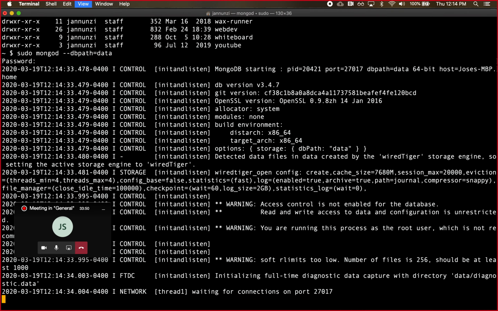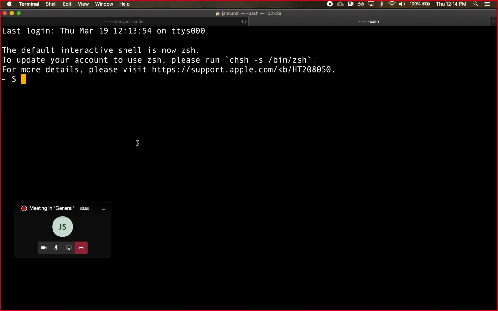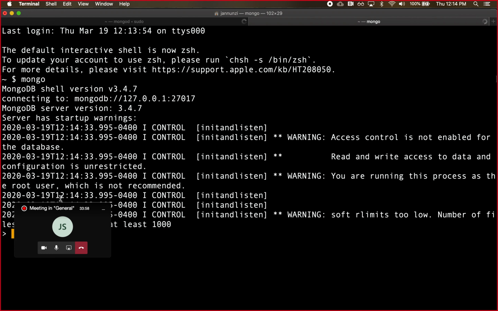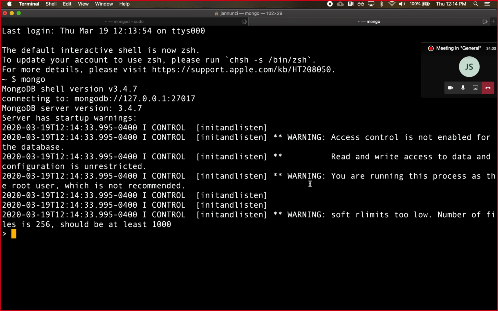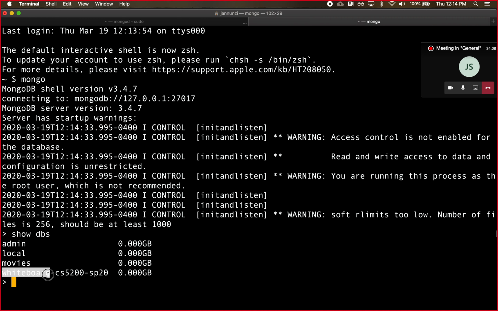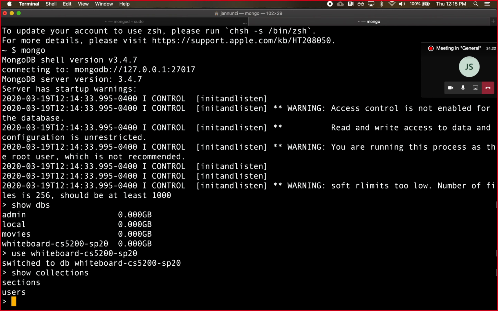I don't know if you could see that. Interrupt me if you can't see. In a separate tab, let's run the Mongo client, and let's verify that indeed we have some databases here. So we can say show dbs. There it is. So there's the whiteboard database. We can copy that and say use that database. And in that database, we can show what collections we might have already in there. We have some sections, we have some users,